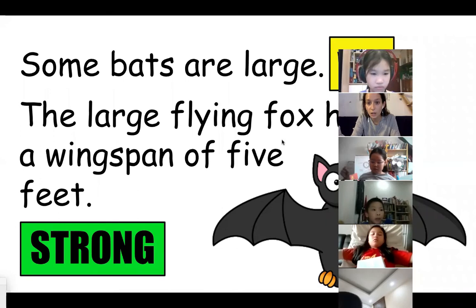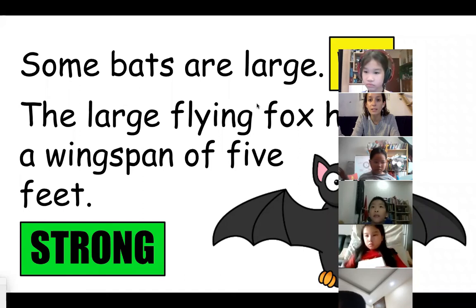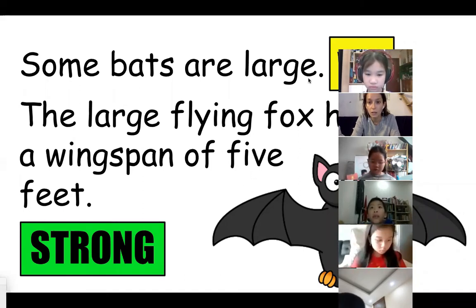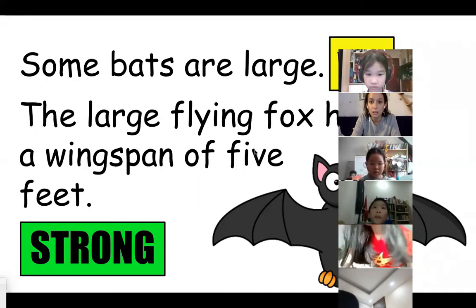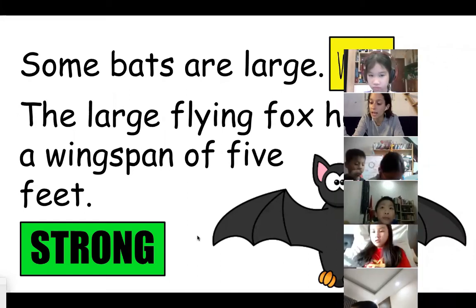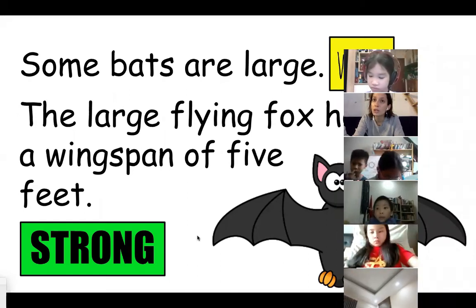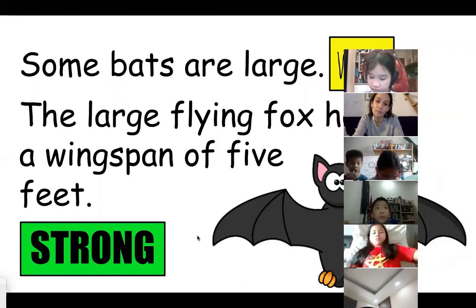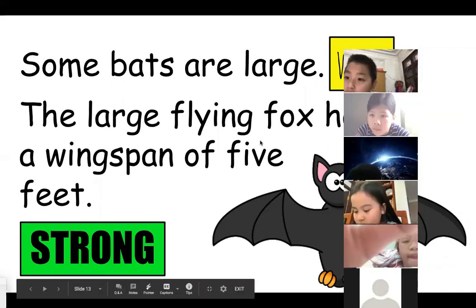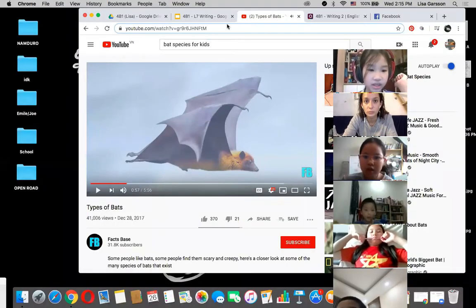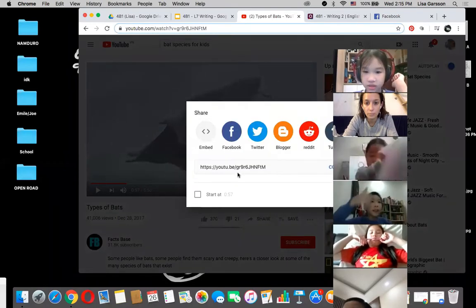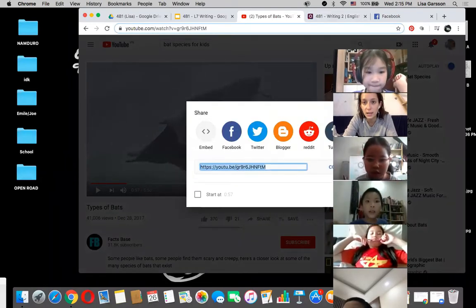So as you write down your notes, I want you to think, how can I make my evidence clear and interesting in my paragraph? If you can, write down specific details or specific facts that you hear. You don't have to write all of them down. Maybe you can write 2, maybe 3 facts. I think that's enough. Okay? You can watch it on your own video. And as you watch, I want everyone to write down notes.